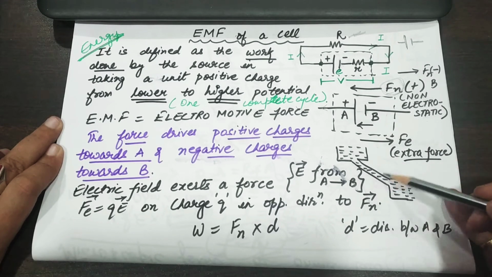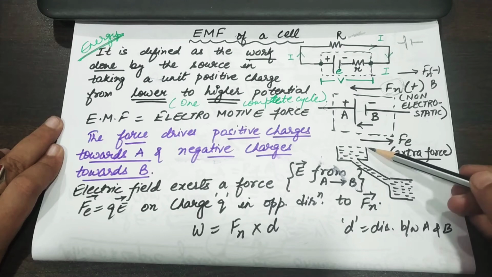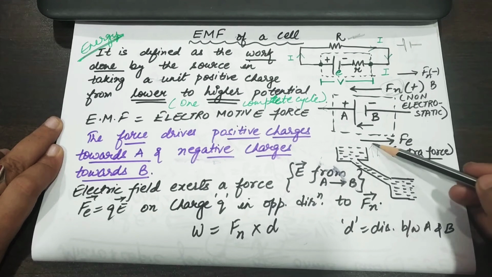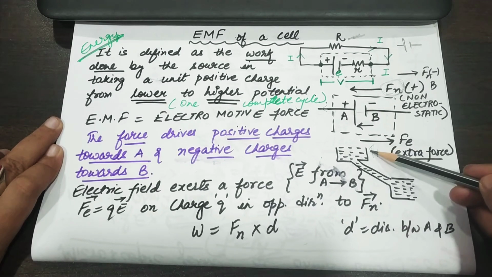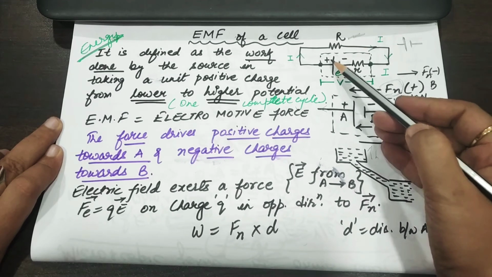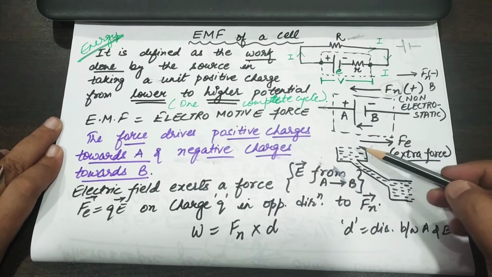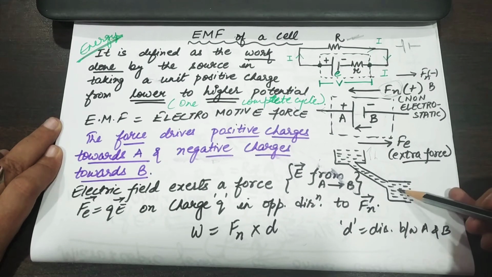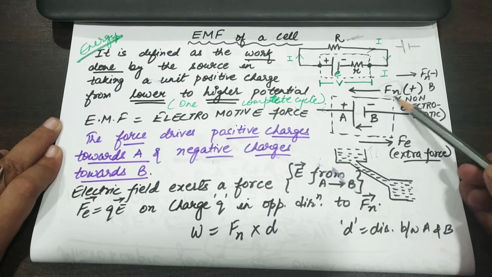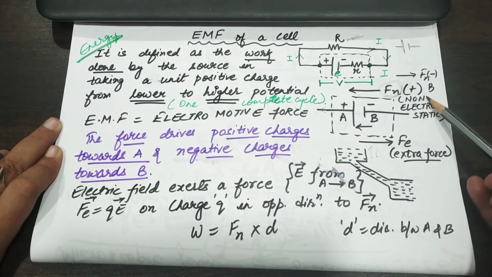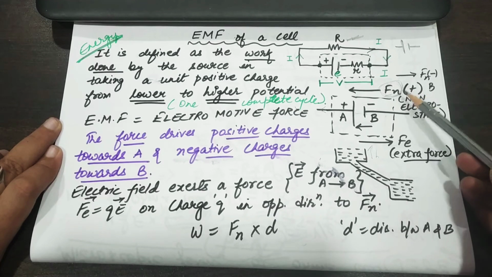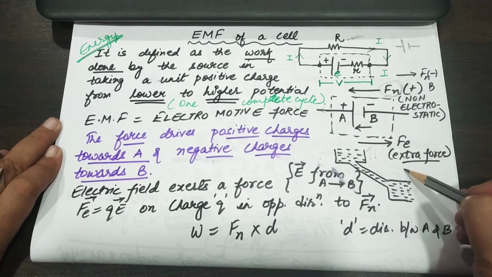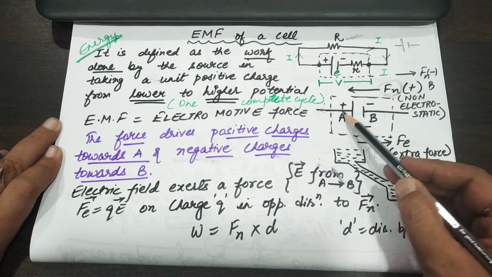And we know that if we take the example of, say, a water tank, water flows from a higher level to a lower level. Why? Because it has more potential energy. The way current moves from higher potential to lower potential, the way water or any other liquid flows from higher potential to a lower potential, similarly, introducing this Fn, which is non-electrostatic force on this charged particle, because the charges have to move. Now there will be some extra force which makes the charges move from A to B.